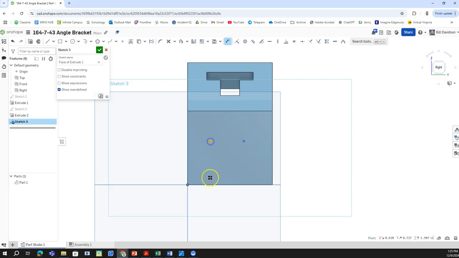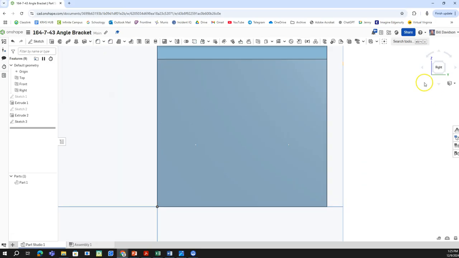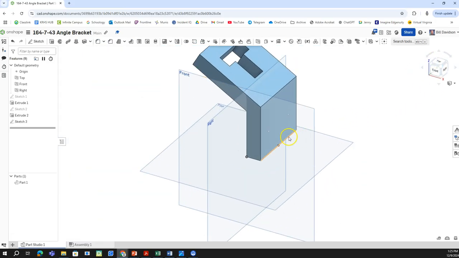on here. I'm going to say from the bottom here, this goes up, from there down to there, this goes 1 inch, and then between the two of them is 1.5, and then from here over to the edge is 0.62. So now I got those done. Alright, so I'll finish that sketch, come up here, click on the corner of the view cube again, and when